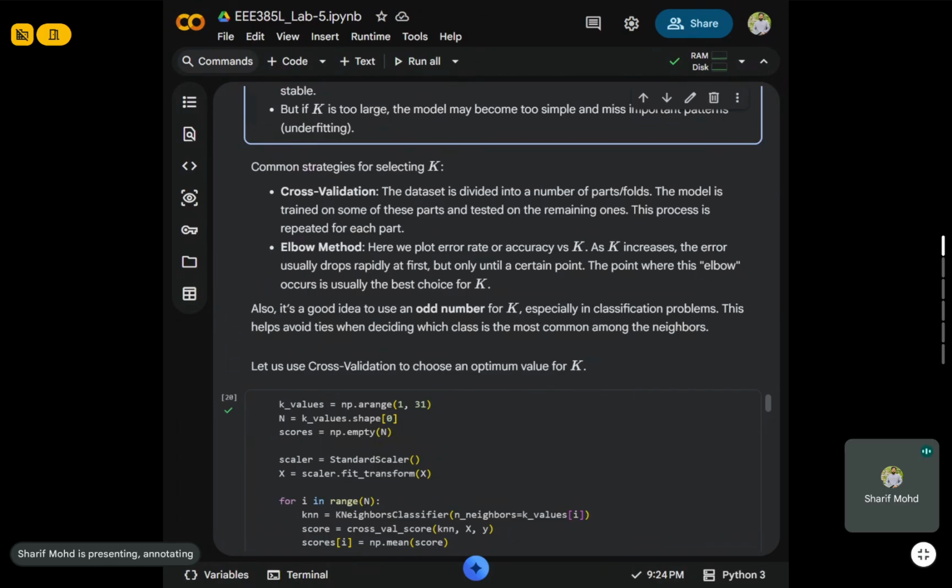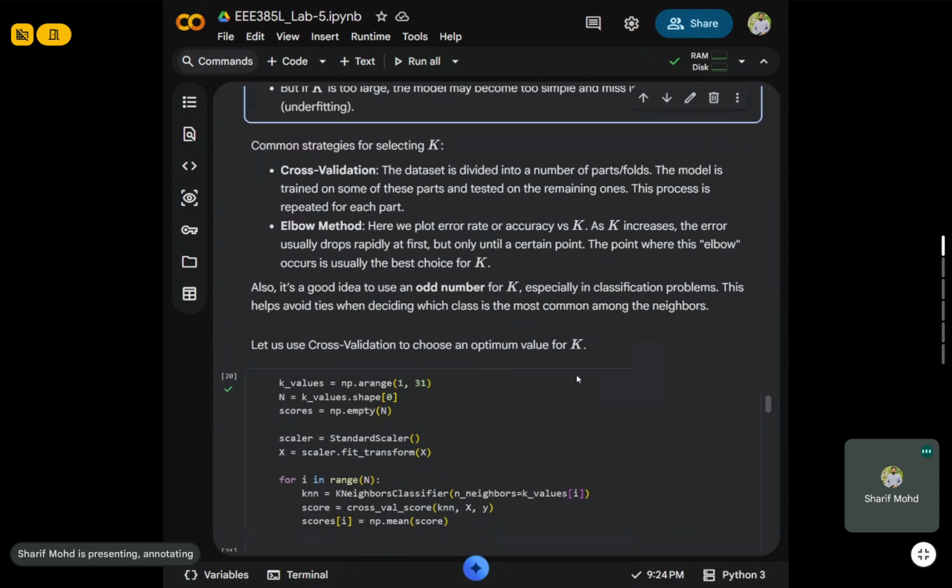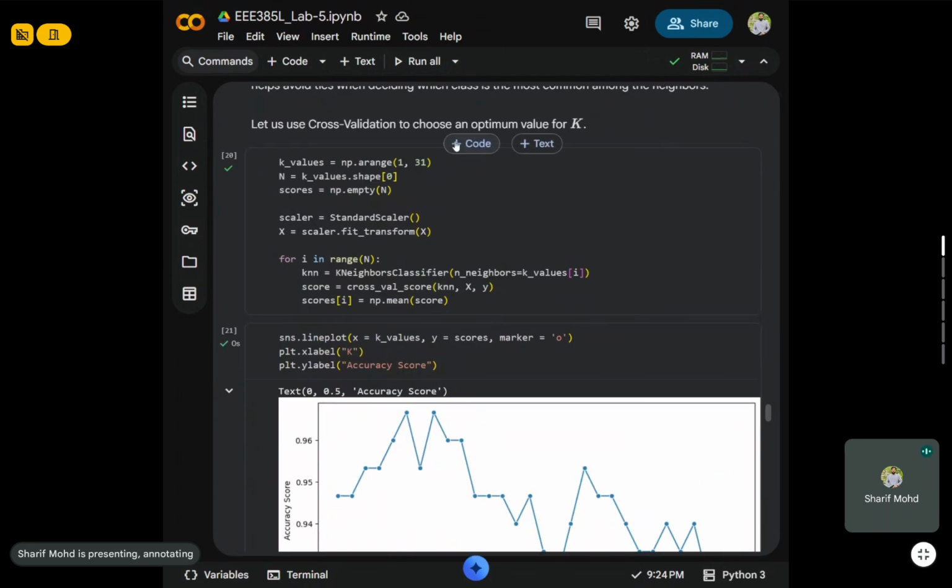Of course, এই জিনিসটা আপনাদেরকে বোঝানো হয়েছে already. So here let us use cross validation to choose an optimum value of k. We are using 30%, right? And you can see here